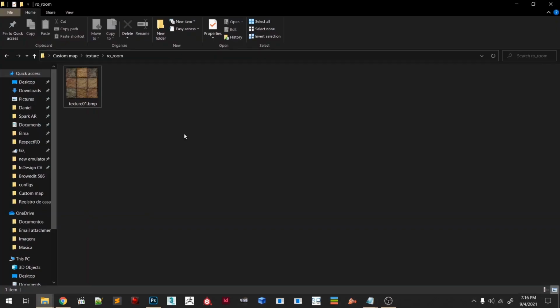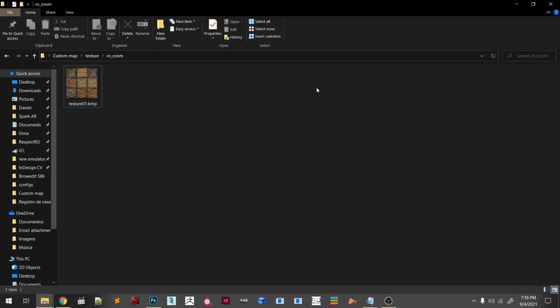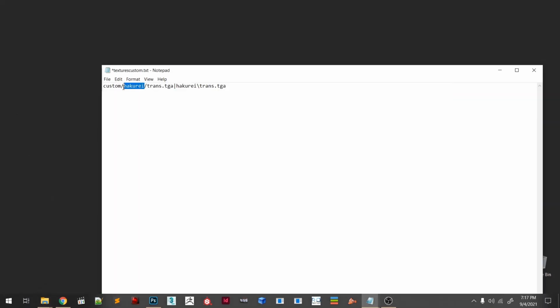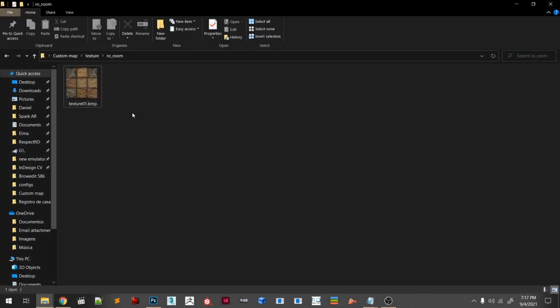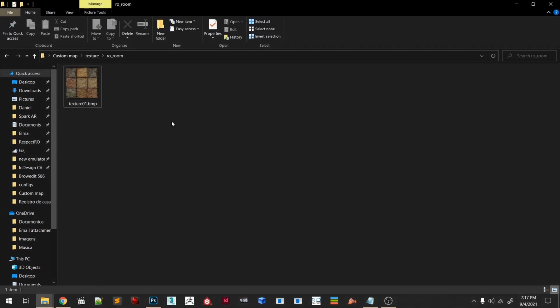We are going to the texture folder, copy the location, custom, sorry, we're going to copy this RO room and paste it here, and here will be the name of the texture, and here is going to be RO room again. So the texture01.bmp, you copy it, and you'll be pasting right here and right here. Hit save. Now you can have this texture in BrowEdit.